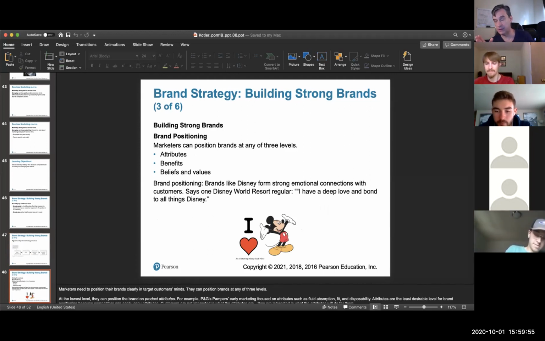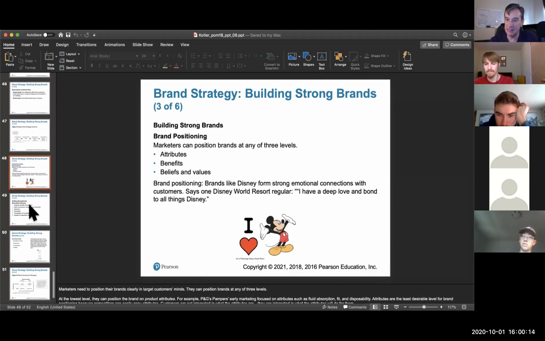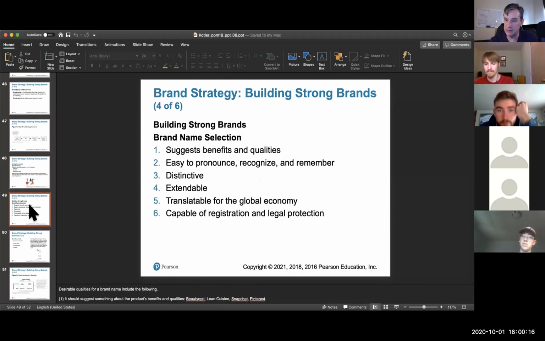And that's the reason for the example of Disney. Disney goes for the beliefs and values, and that's how they position themselves. They don't have strong competitors, and that's the way they make it. Let me run this last slide before entering into something. Let me see. No, let me finish this part. It's very straightforward.